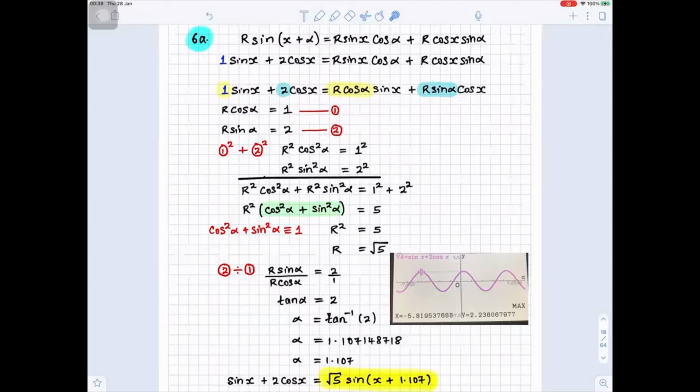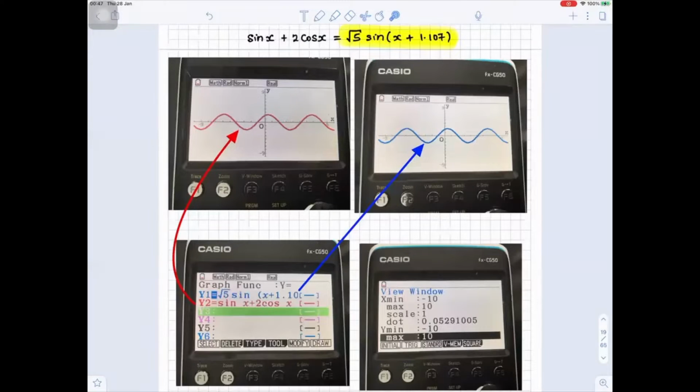So what they're saying is sine x plus 2 cos x is root 5 sine of x plus 1.107. And that's the graph there. If you plot y equals sine x plus 2 cos x, that's what the graph looks like. And if you also plot the answer, the graphs will meet. They'll be the same graph because they are the same. So when you get your answer, sine x plus 2 cos x equals square root of 5 sine of x plus 1.107, to show that the two graphs are the same,